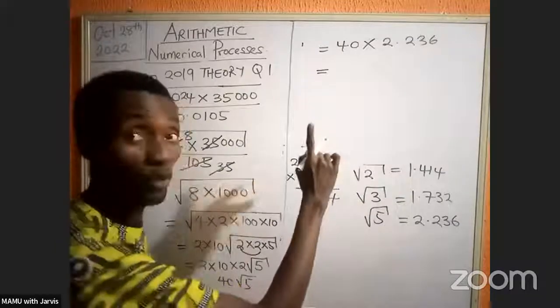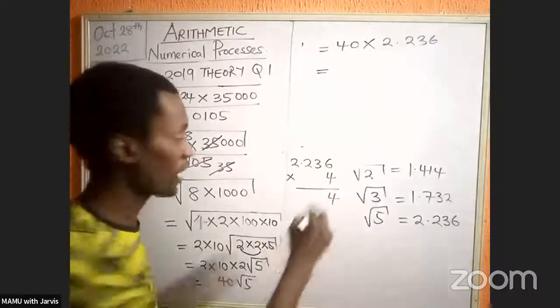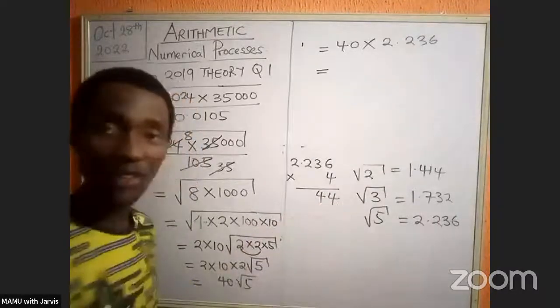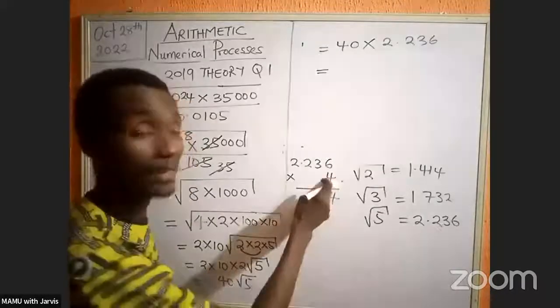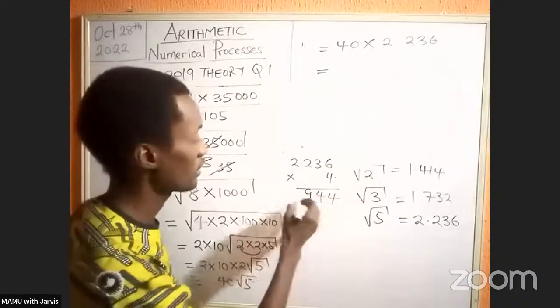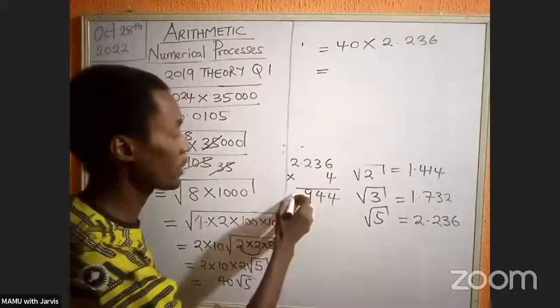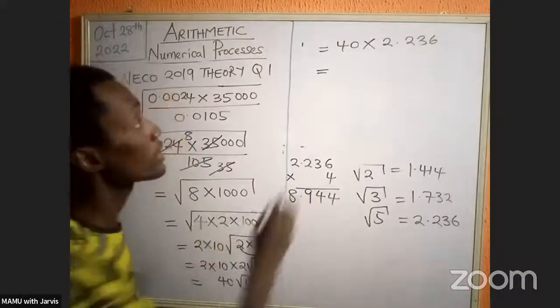4, a carry of 2. 3 times 4 is 12, plus 2, that's 14. Please confirm if I'm right. A carry of 1, 2 times 4 will be what? 8 plus 1, 9 points. I'm not carrying anything. 2 times 4 will be what? 8. Oh my God, that's right. So that will be 8